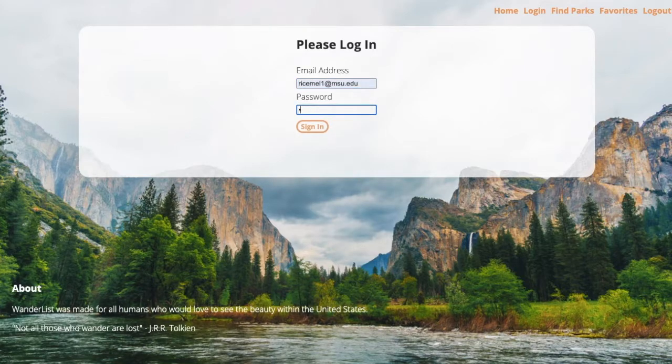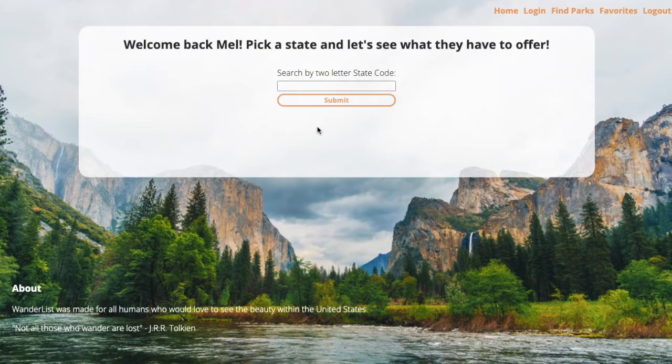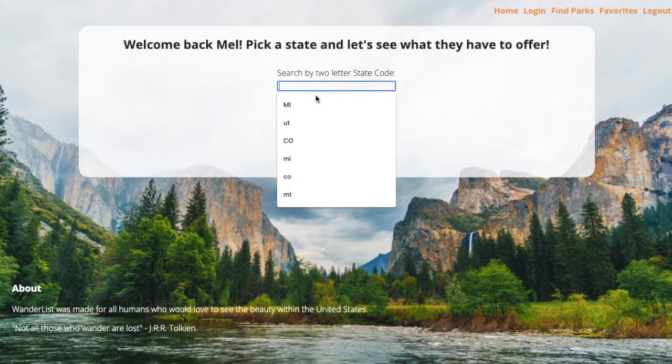Creating this page was more difficult than I anticipated. I guess I just never really thought about what actually is happening with data validation behind the scenes. But after writing the validation code, I know that something like a simple login page really isn't that simple at all. Once your data is validated and everything checks out, you are redirected to the page where you can search